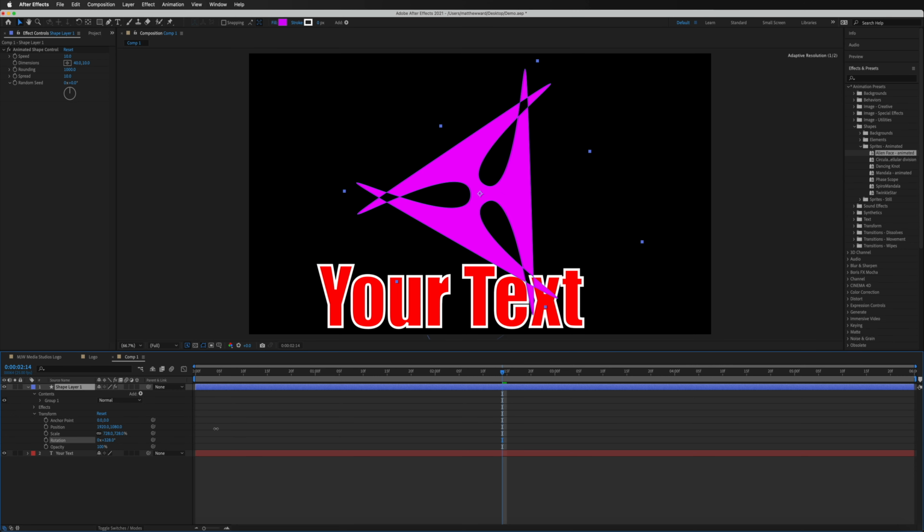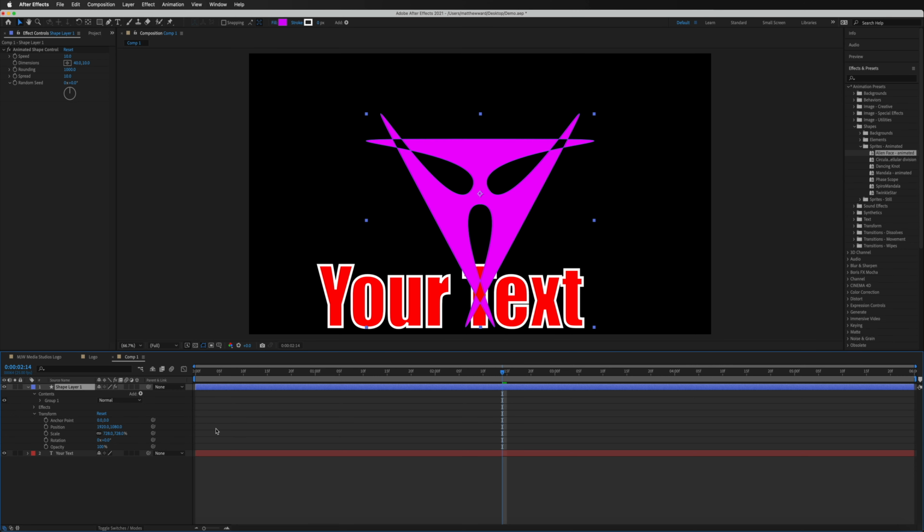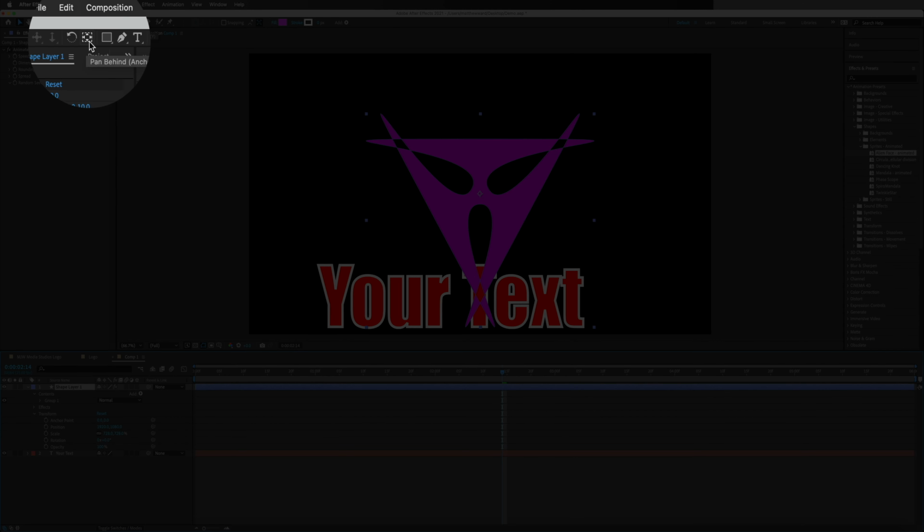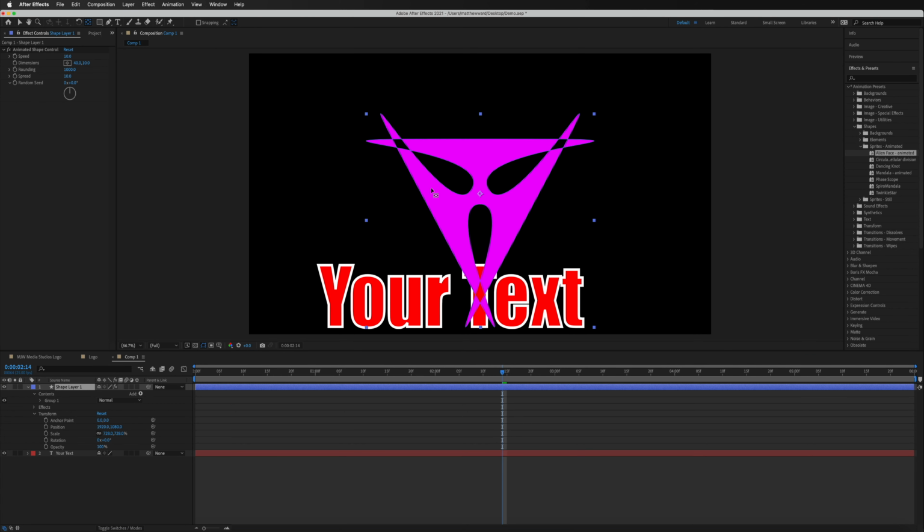So if I go ahead and hit Command or Control Z just to undo that, I'm going to go ahead now and move this anchor point. And in order to do that, we're going to come up to our top toolbar menu and we're going to select this little icon right there, which is a box with these little triangles in the middle. And then we're going to come down and just move this into a different position. So for instance, I'm just going to move it to this top left-hand corner. So sometimes this is where you may find by default, it could be on some shapes or text. And it's why it's important to remember to move it to where you need it.